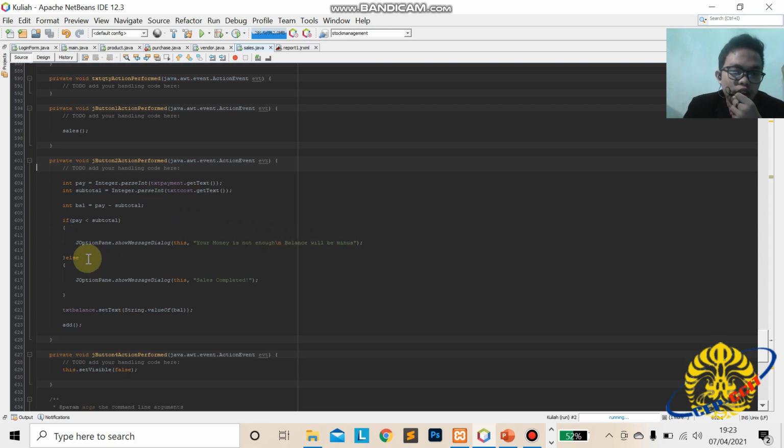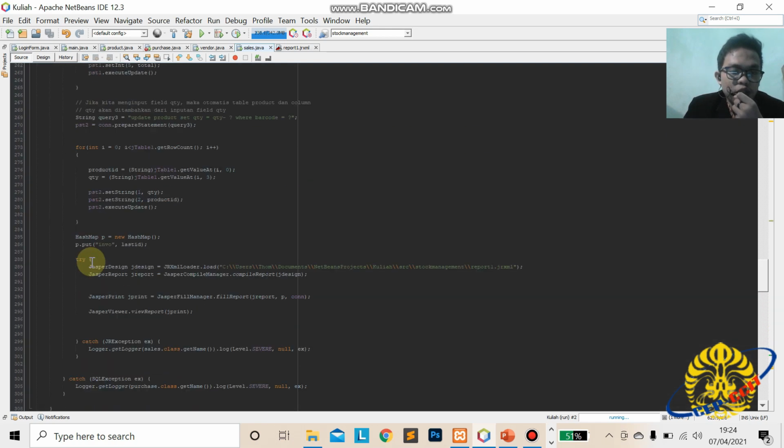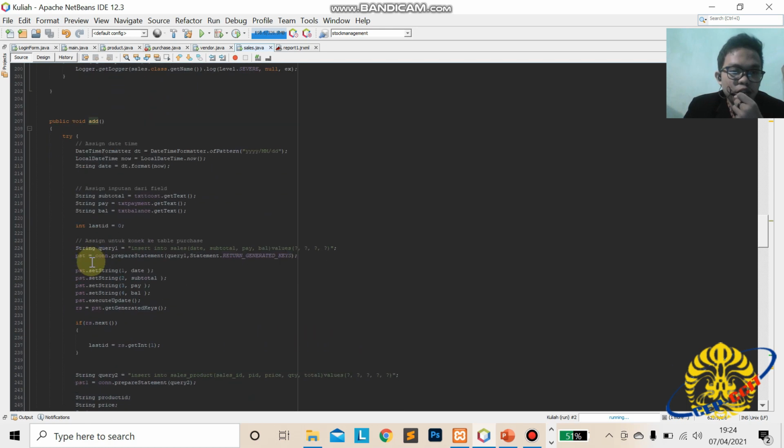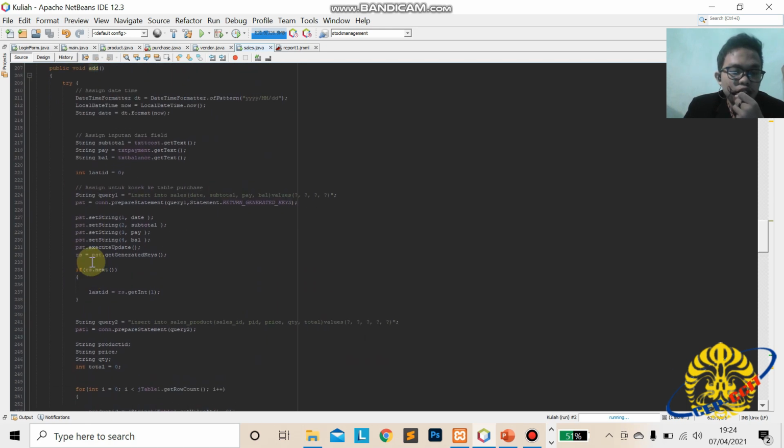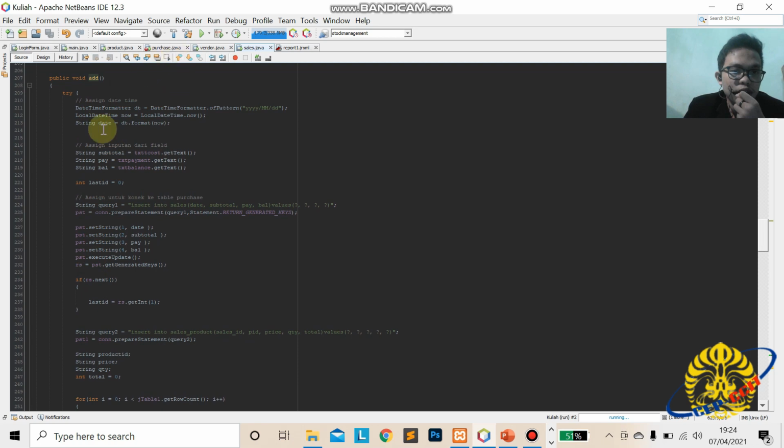If pay is higher than subtotal, sales complete. Okay, and then this is the add method. The add method is basically the same as in Purchase.java. The add method too, and then the date.